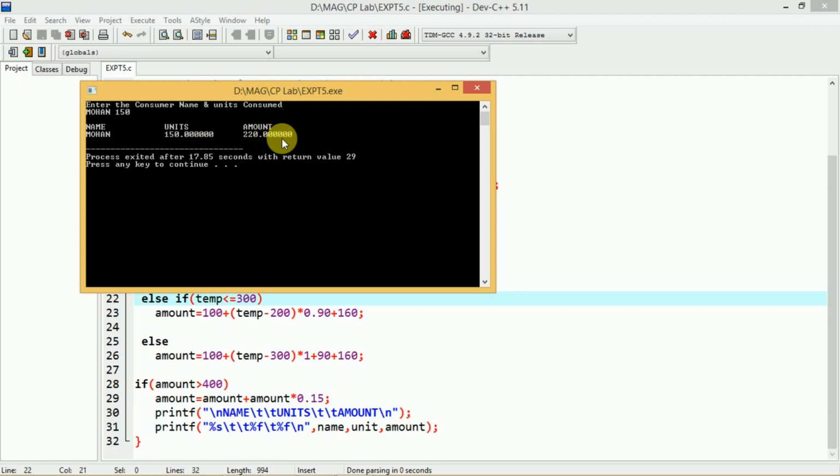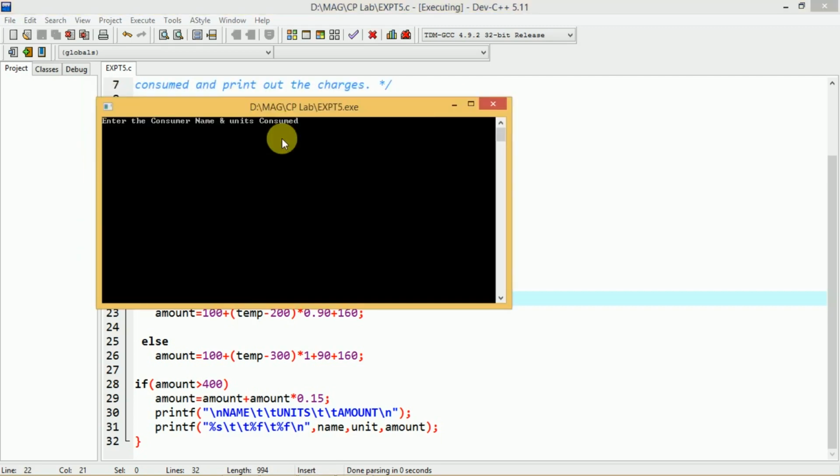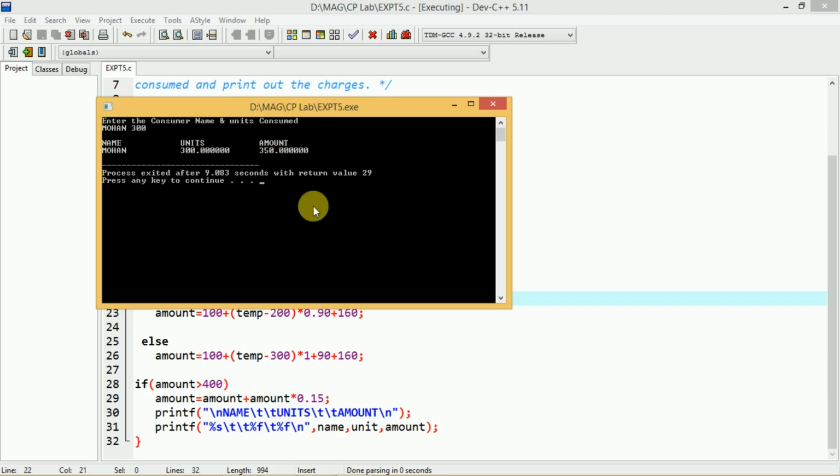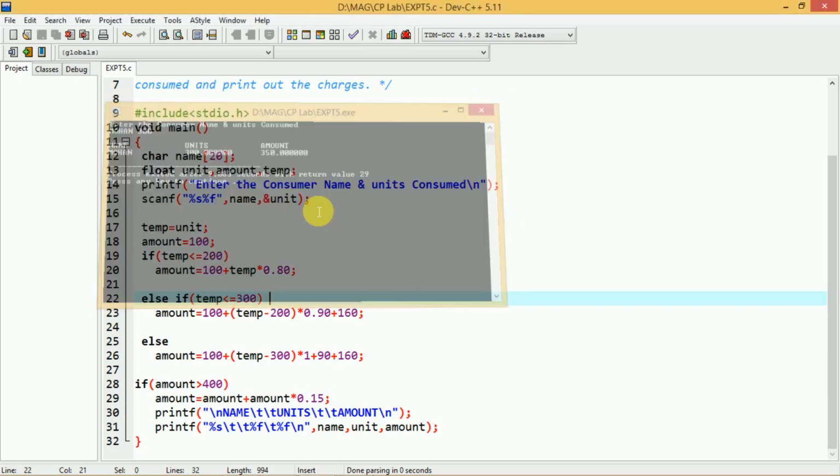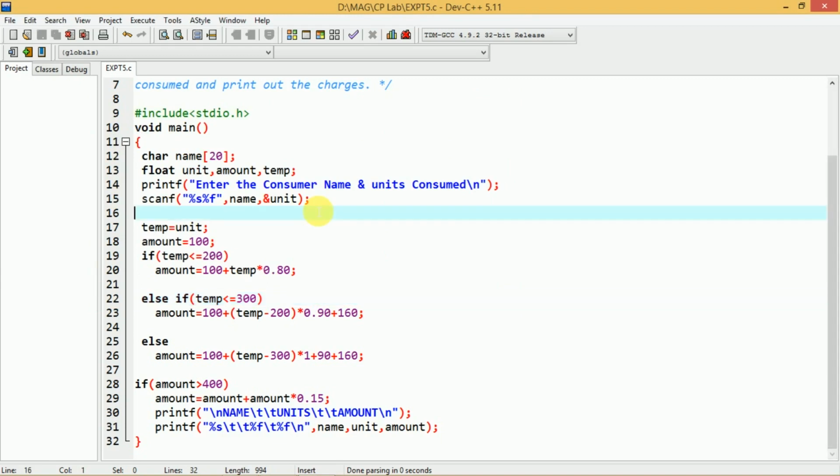Similarly let us run this once again. Again I will give the name as Mohan, and enter the number of units consumed as 300. In this case you see, for 300 units the amount to be paid is 350. In this way you can write a program for the same. Thank you.